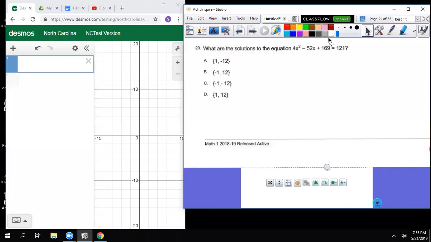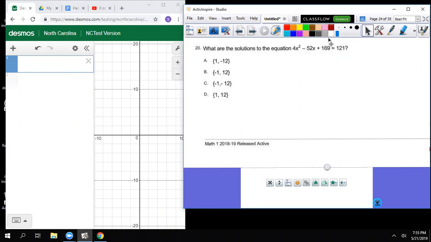Hello there again. So today we're going to look at A.SSE.3, F.IF.7 and 8, and A.REI.4, where we're factoring and solving quadratic equations to find the zeros and the roots. And this is going to cover very briefly question number 20 from the active version of the released NC test